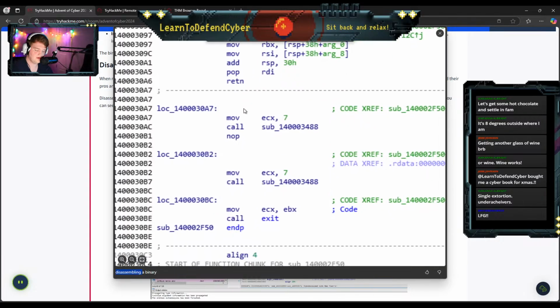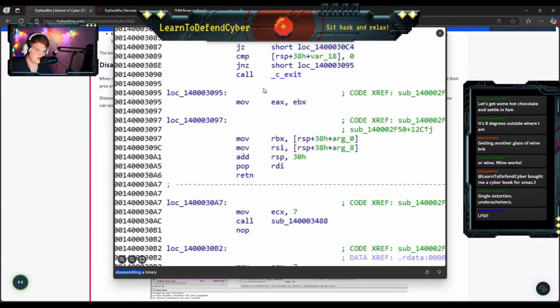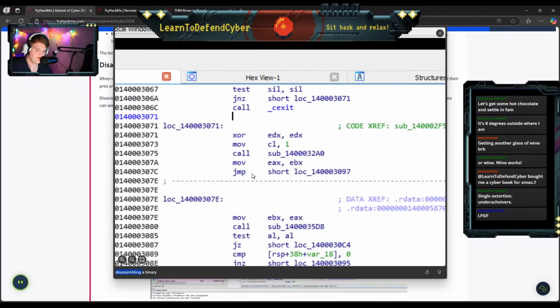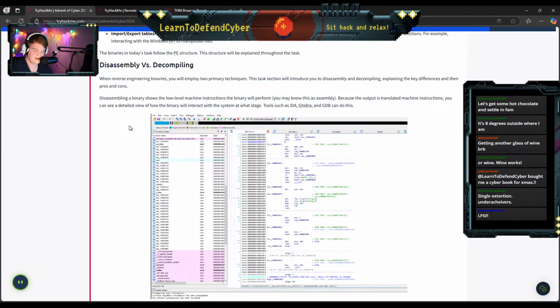I'm not the best with assembly, so I'm not going to pretend like I know what this is all doing. We have a jump function. It's still kind of new to me. I have a lot of things on my 2025 to learn list. I'm going to be digging into this a lot, so I hope to have some more useful information in the future.